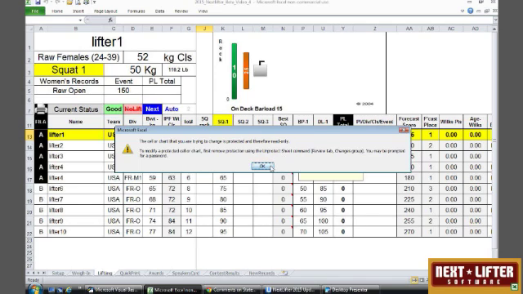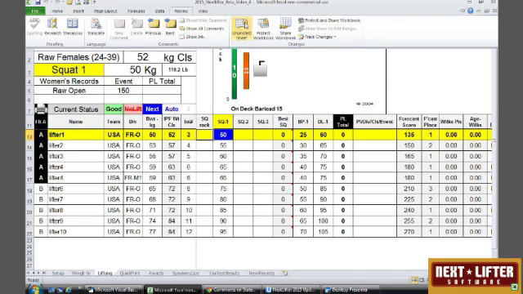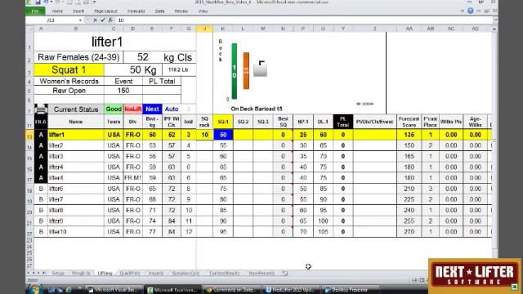Okay, I need to unprotect the sheet. I will fix that in future versions. But when I enter the squat rack, you'll see that the squat rack is displayed on the left-hand side